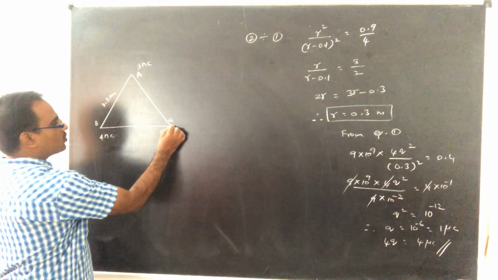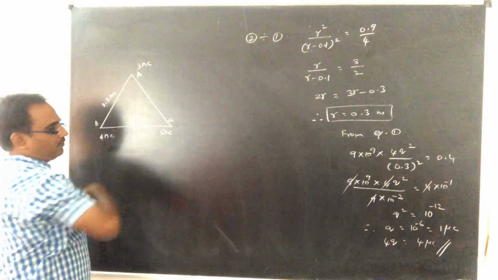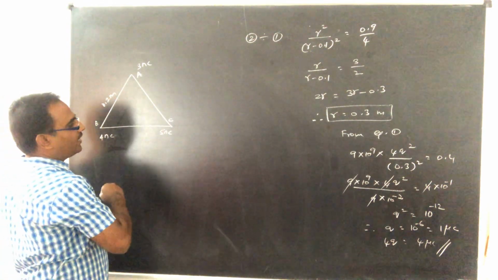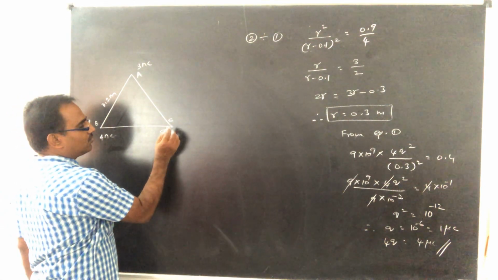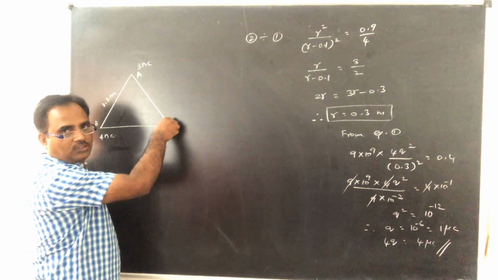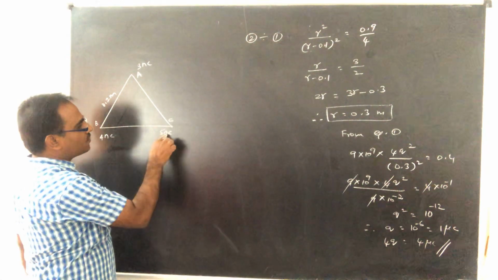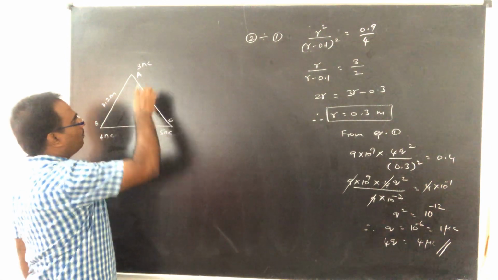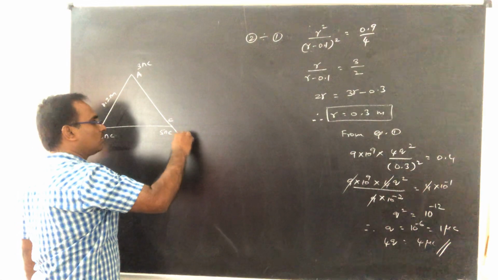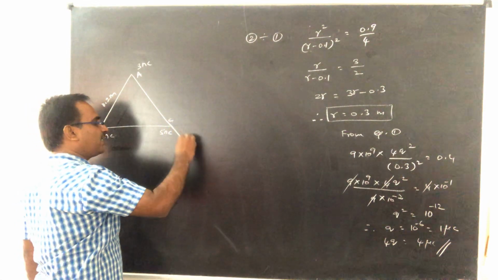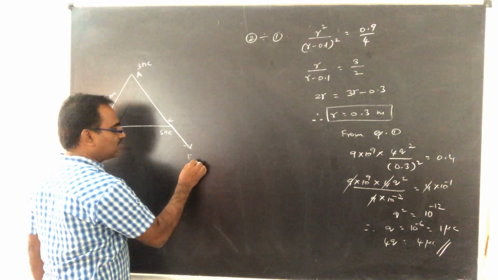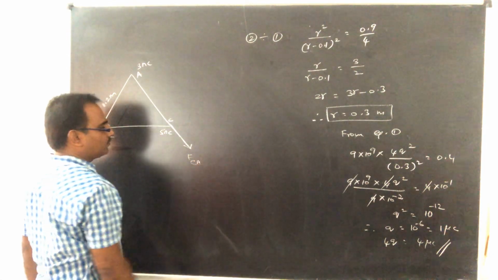So first you find the force on the charge at C due to the charge at A. What is the idea which I told you while explaining theory? You imagine that the charge on which you are finding the force is a movable charge. So if this 5 nanocoulomb is movable, because of this positive charge it tends to move in this direction. So this is the direction of force on 5 nanocoulomb due to 3 nanocoulomb. So this is the force on the charge at C due to the charge at A.